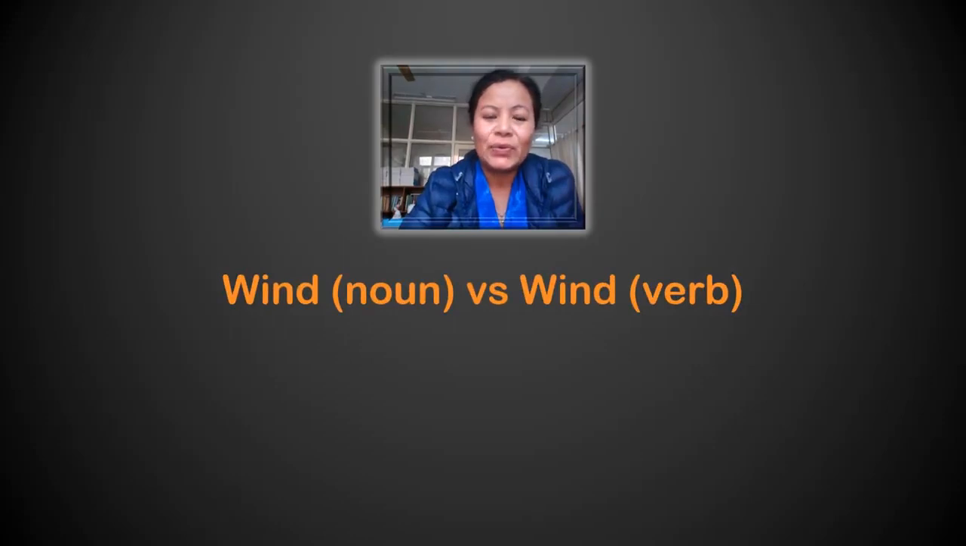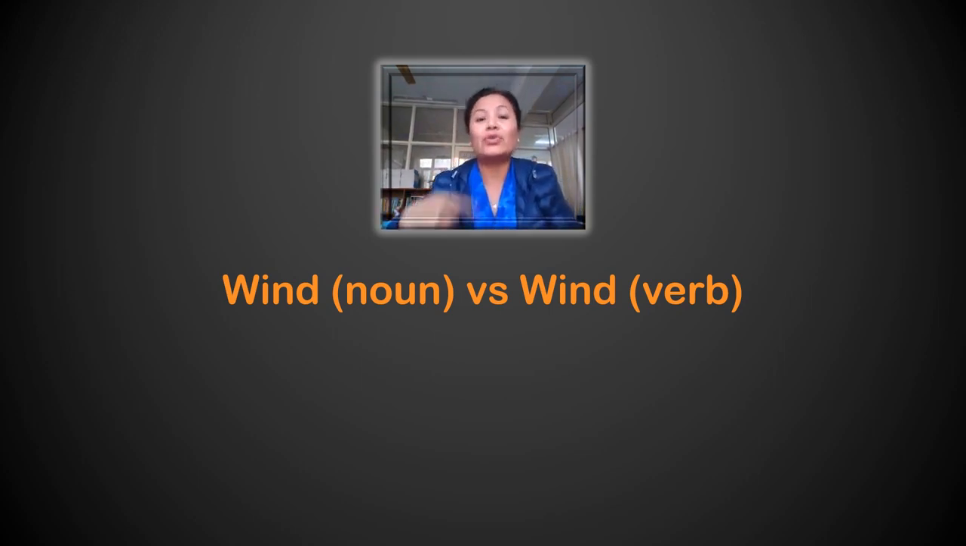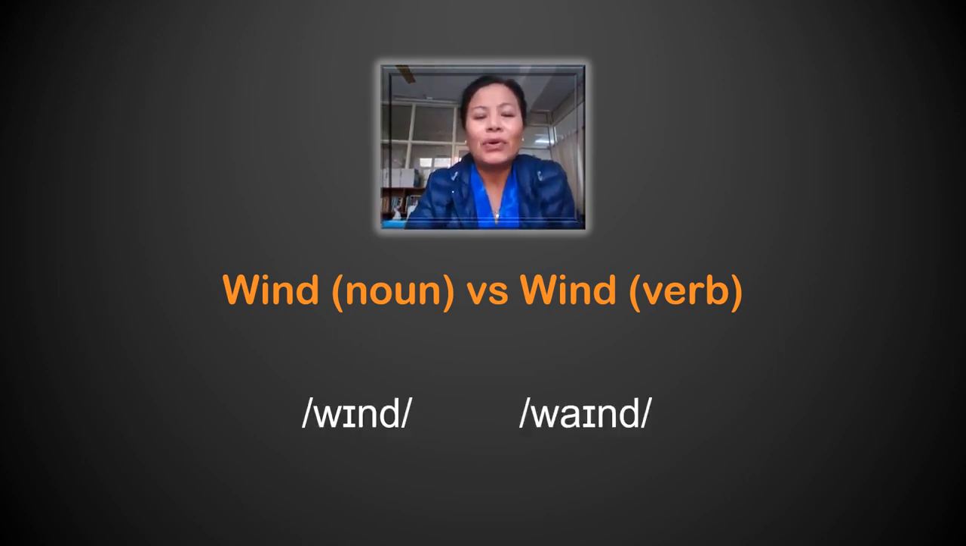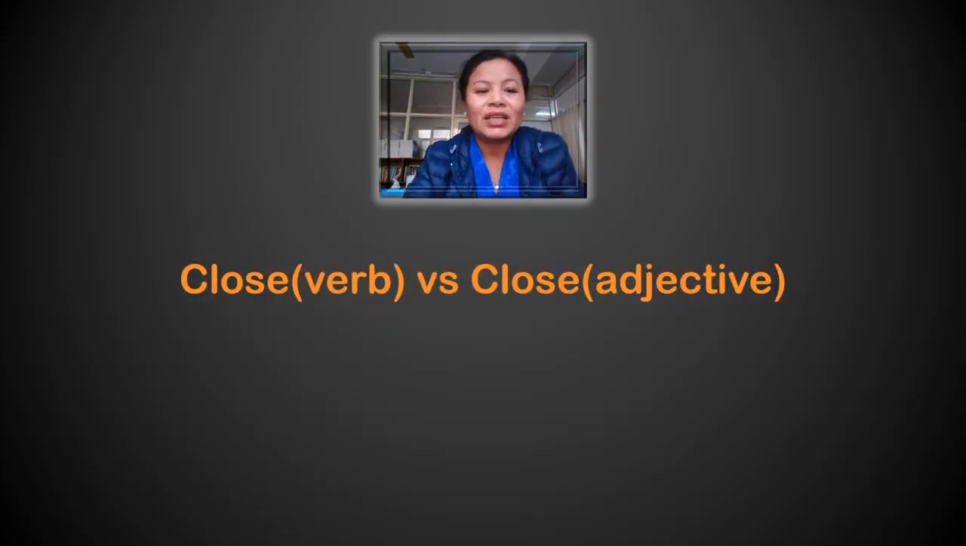wind, used as a noun or wind as a verb. So when wind is used as a noun, the pronunciation is wind, which means the movement of air. Right, and when it is used as a verb, the pronunciation changes. It changes from wind to wind. That means to turn around, to coil. So, wind versus wind. Right. The next word,